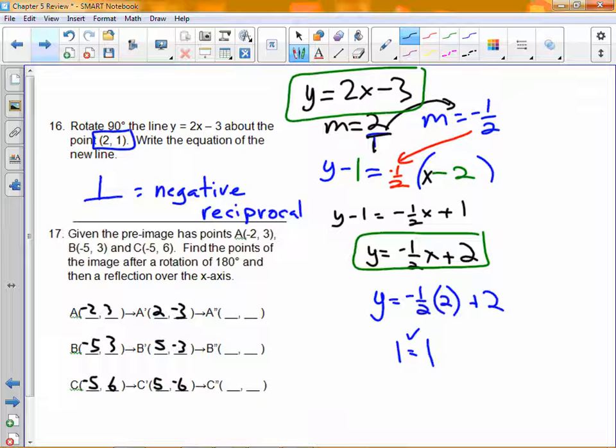And then a reflection over the x-axis. To reflect something over the x-axis, remember we said that the x's will stay the same when you flip it over the x-axis, and the y will become the opposite. So that would be 3, 3, and 6. So this point that started out in the third quadrant,